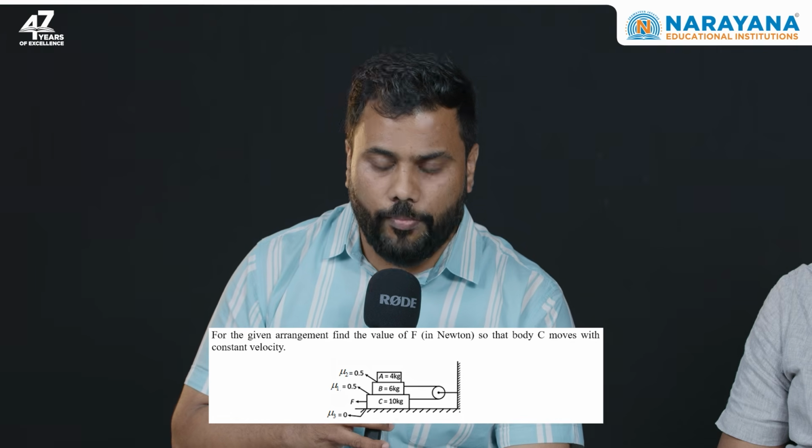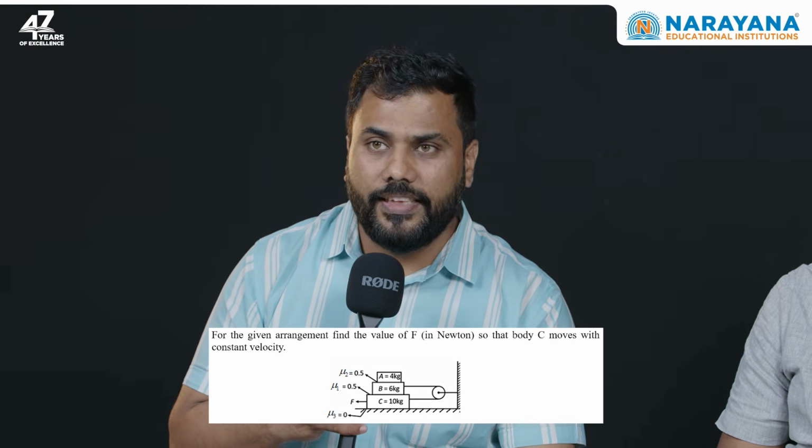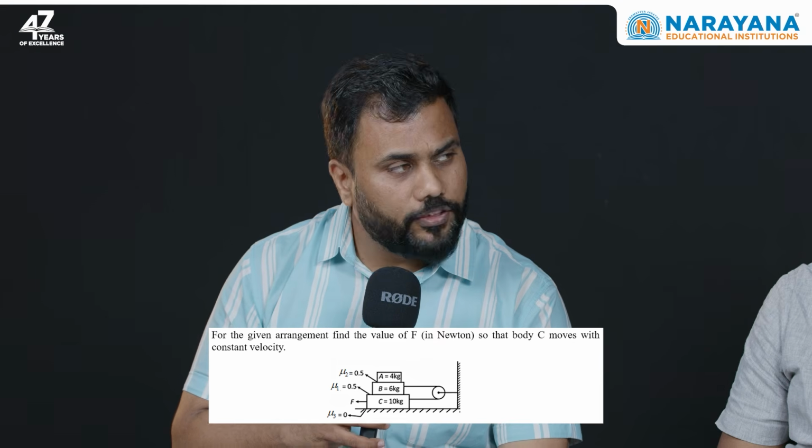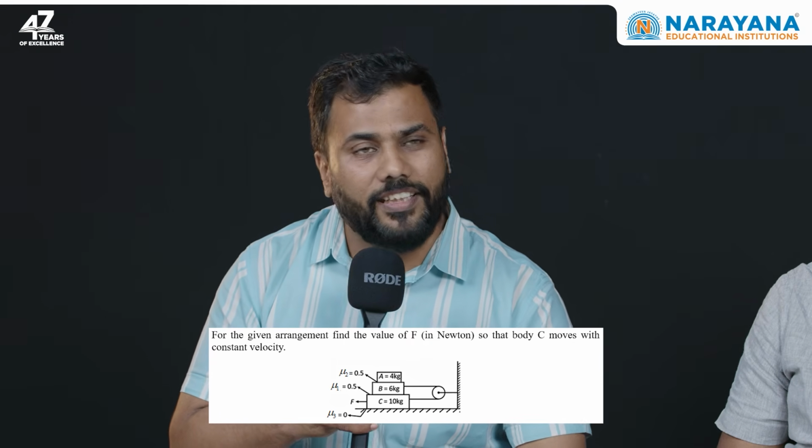That is question number 17. Yes, question 17 is a good question from NLM and friction. It is incorporating both ideas. If you draw the FBD and solve the equation, you can definitely get the answer. So just like a standard JEE Mains question. All the questions are standard. With that, we are at the last question.